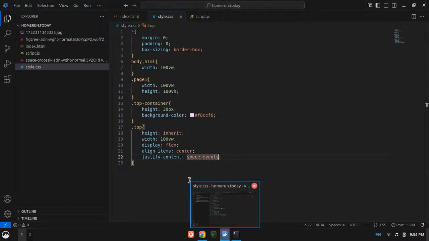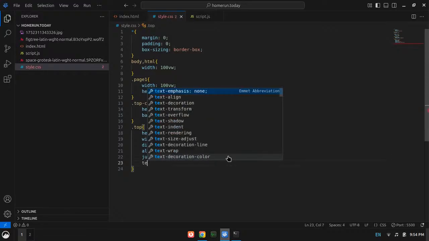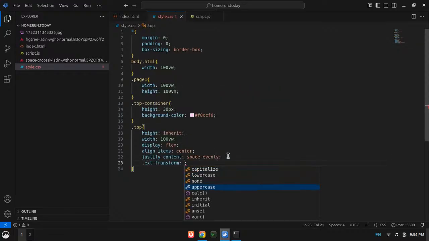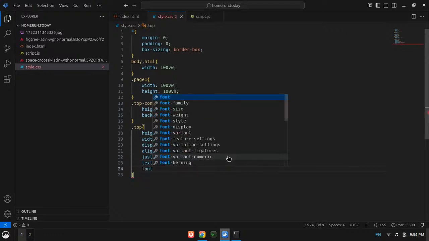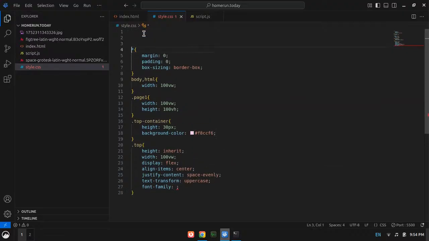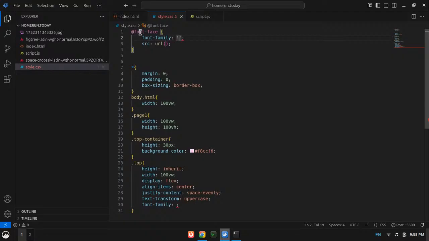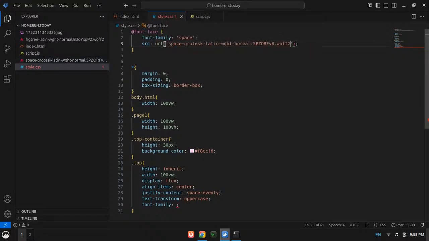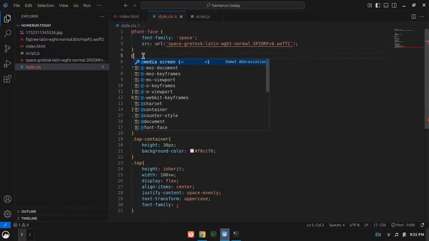However, thanks a lot. Now I need here text transform uppercase, and then what I need is font family, right? But font family is not declared yet, so I will go here, font face, and font family will be, let's say, space, and here will be the URL of this file, which is space something, and then we will have another font face.